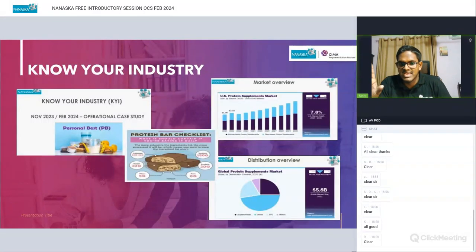Then the industry analysis, the market, the product. We'll start off with the product. What is the product? The ingredients. What does it look like? What are the various forms of the product? Protein shakes, powders, bars, biscuits, many different forms of protein products, but we are mainly into protein bars and protein powder. A few new products like biscuits are in the pipeline. You can find that when you read the pricing.